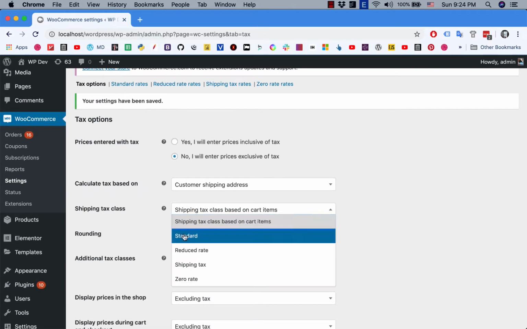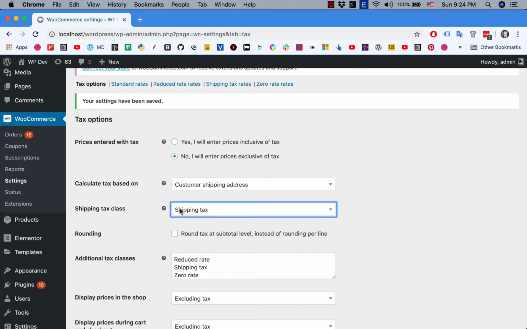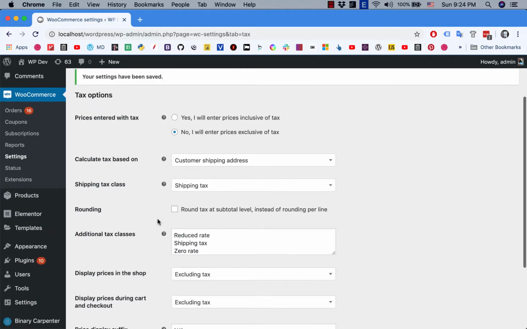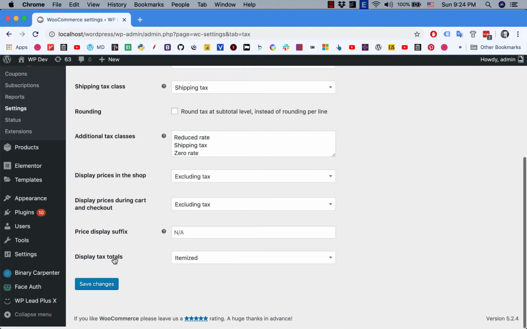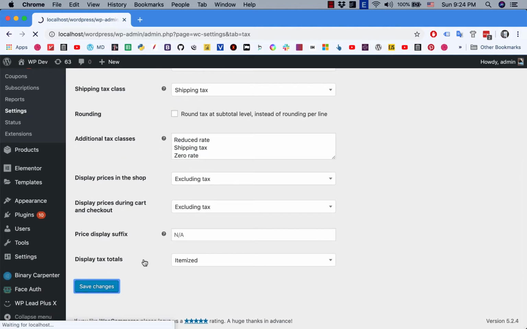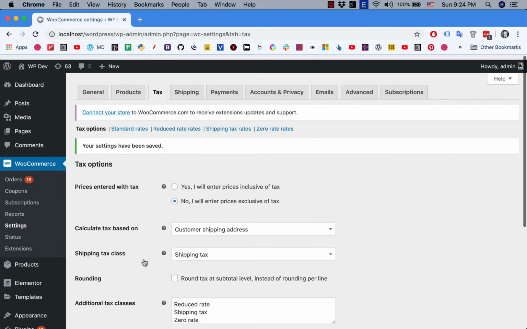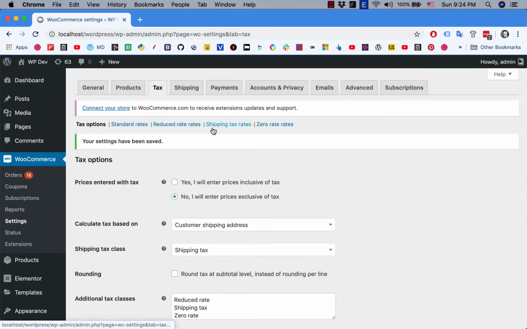and then you can click here to select the newly added tax class. You click on save changes again, and then you can see that there's a tab here. This is where you configure the tax rate for shipping only. Okay, so